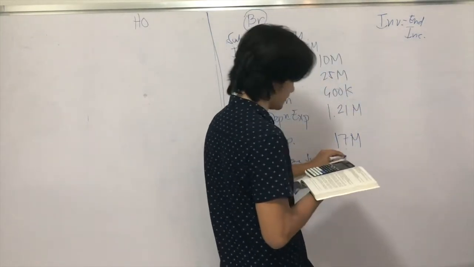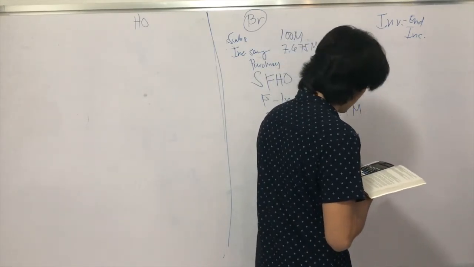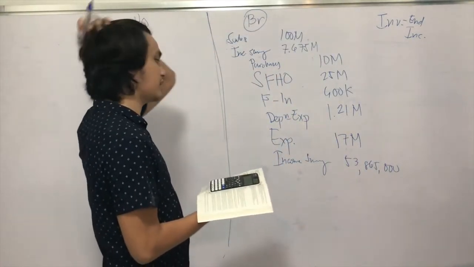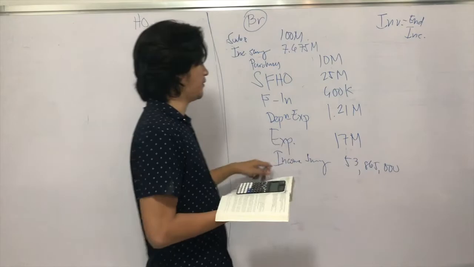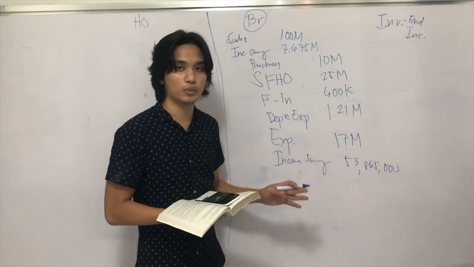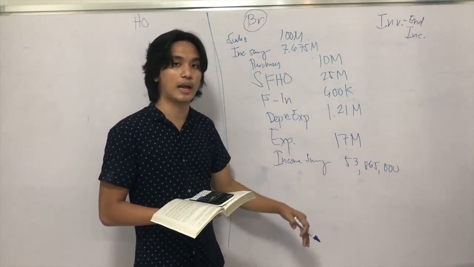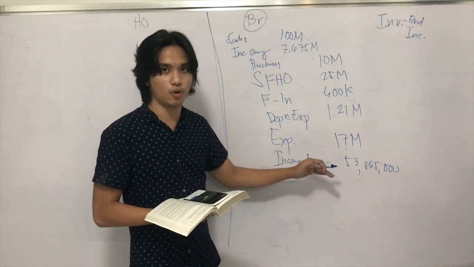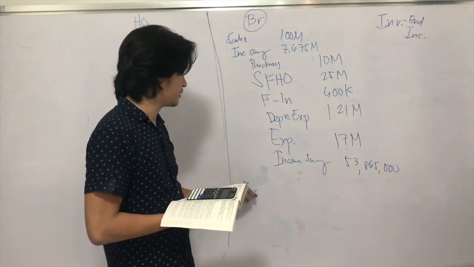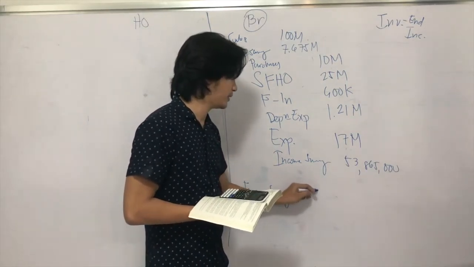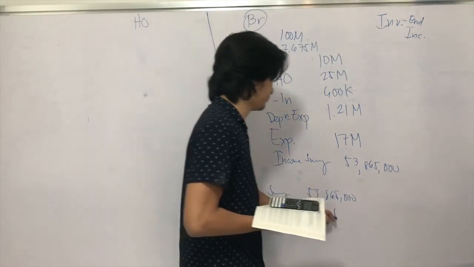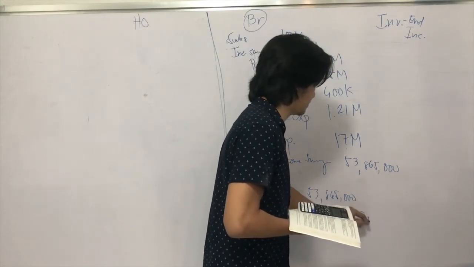That will give us 53,865,000. So you have the net profit. So after having your income summary, what we normally do in sole proprietorship is that we close it to the capital account. Since our capital account here is home office current, we're going to close it in the account home office current. So debit income summary 53,865 million, credit home office current.